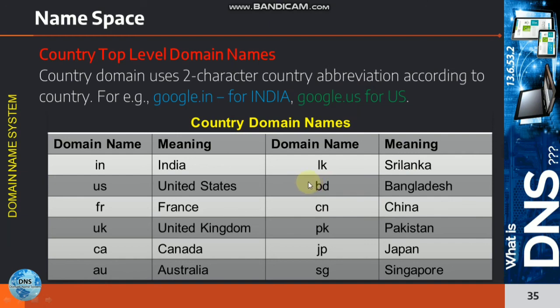Here your name space ends, and in the next class we will discuss name servers, zone, and resolver, and how a DNS works. That is a very simple question, but it is a very important 5 mark question. How does a DNS work? How does the domain name system work, or how does your domain name service provide you the service from the server to your host computer?